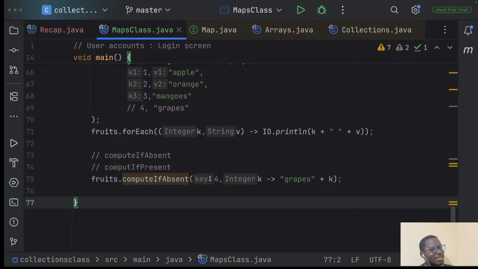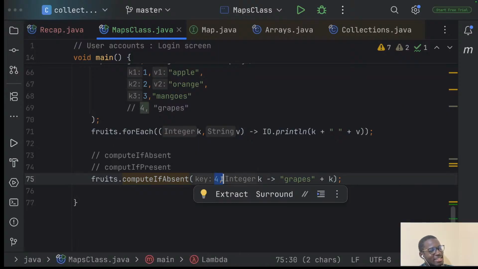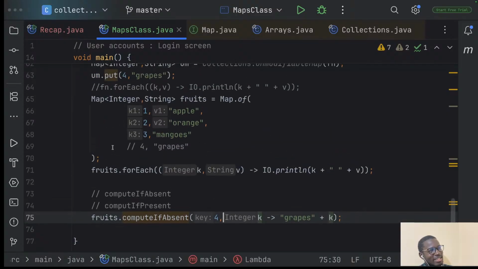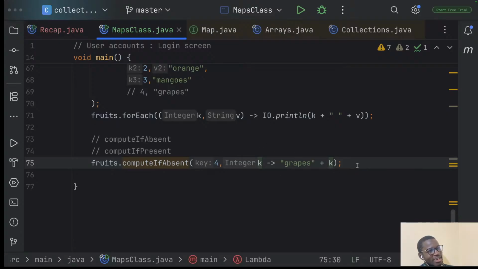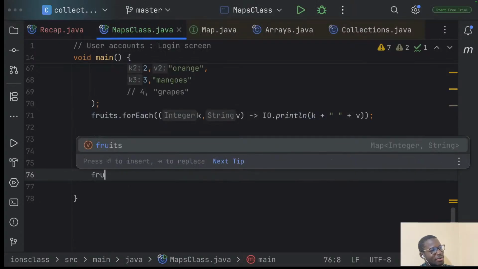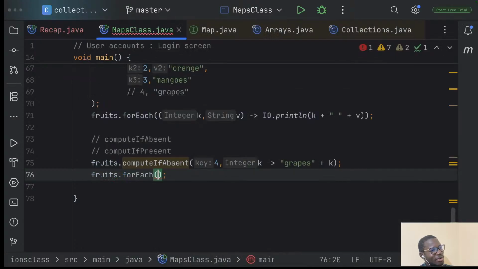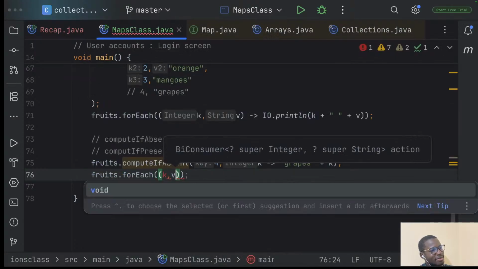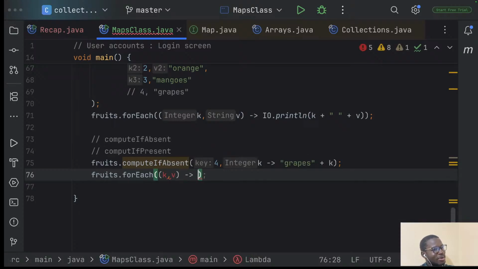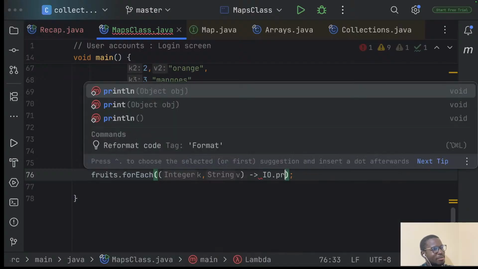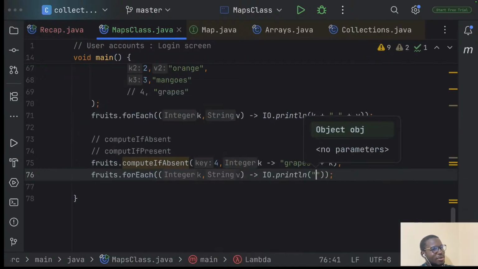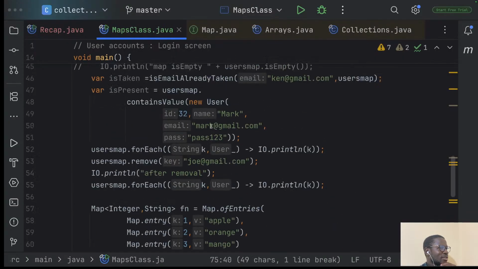Yeah. So in short, what we are trying to do is insert this key 4 if it doesn't already exist in the map. We'll do a safe insertion. And now if we iterate over that, do forEach, of course, k, v, and then we print it, System.out.println, and we are printing the key, which should be the integer, and then we are printing the value, which should be the string. So now to see whether this grapes was added,